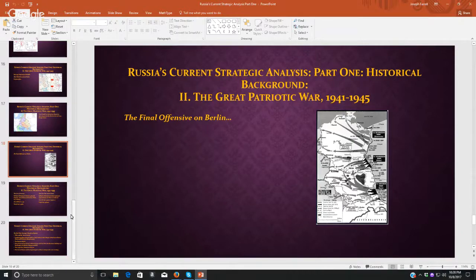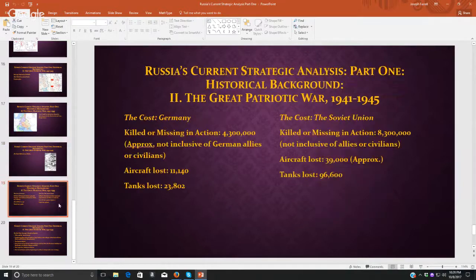So this is a vast expenditure of men and troops, and the statistics here tell it all in terms of just how much damage the Axis powers, and principally Germany, of course, really inflicted on the Soviet Union. You can see the grisly statistics here. And again, folks, it depends on your source, but most of them will give you more or less the same picture. Killed, missing in action,